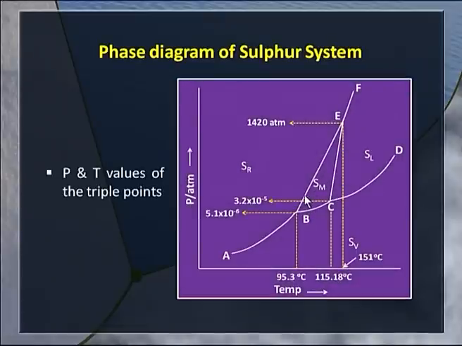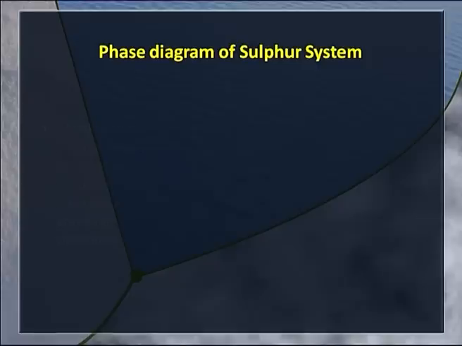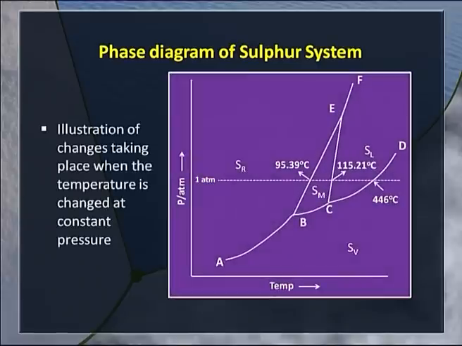Here are the values for the 3 triple points, the pressure and temperature, for those who are interested in remembering the values at which these 3 triple points exist. Let us try to illustrate how the changes take place when you go from rhombic sulfur. We are here with the 2 degrees of freedom with us. We are fixing